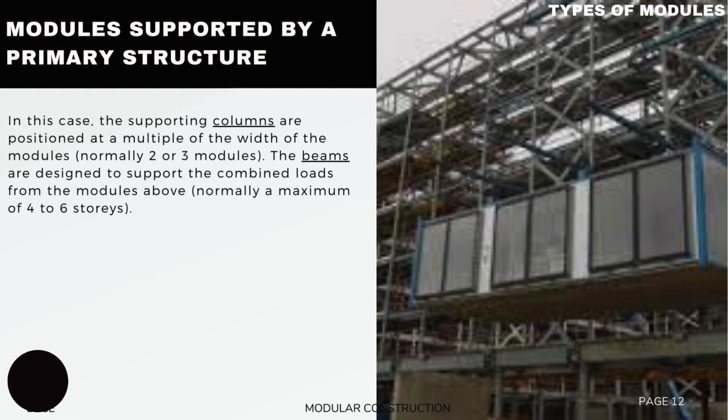Also, we have the module supported by a primary structure. So, as you can see in the picture, that is it. In this case, the supporting columns are positioned at a multiple of the modules, normally two or three modules. The beams are designed to support the combined loads from the modules above, normally a maximum of 4 to 6